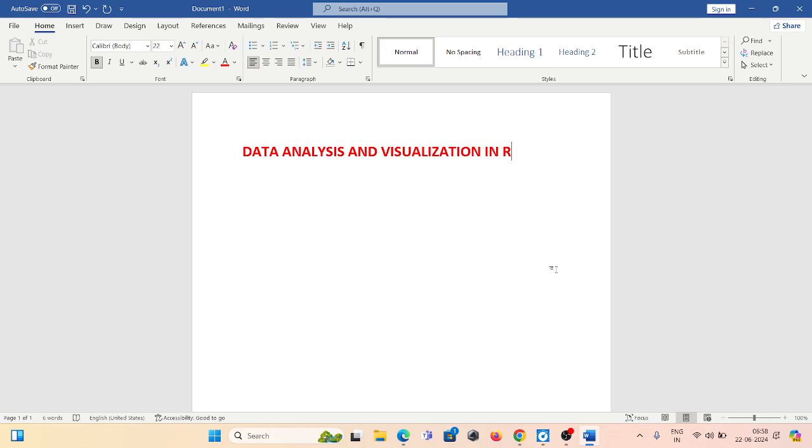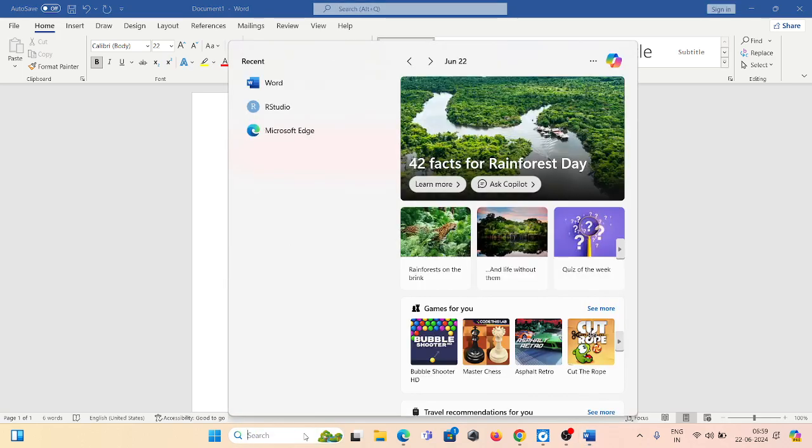In order to run R programming language, we need R Studio. Whenever you try to run R, always run it with the IDE called R Studio, right? Today we'll discuss how we can analyze and visualize data using R programming language, and we will consider a sample data set. So let's start R with R Studio.